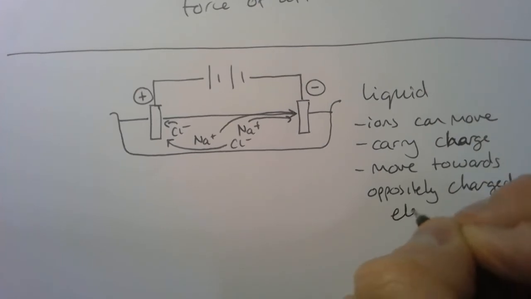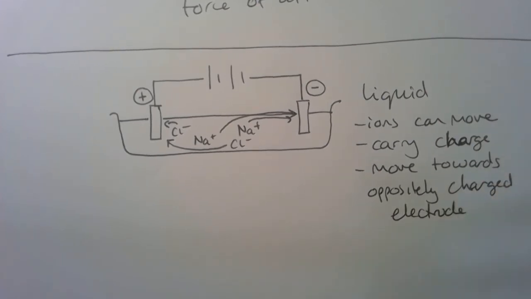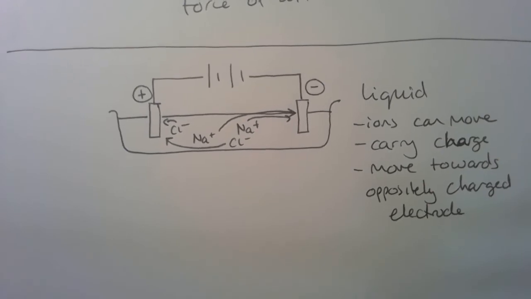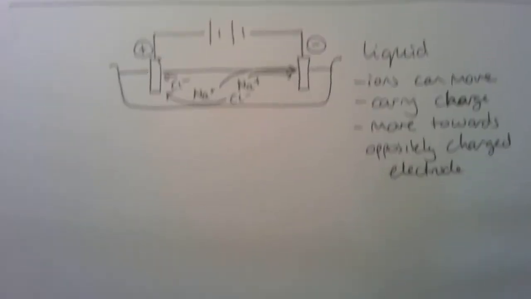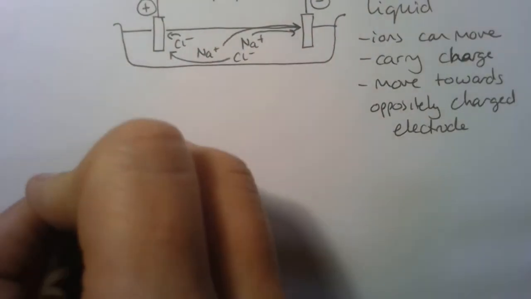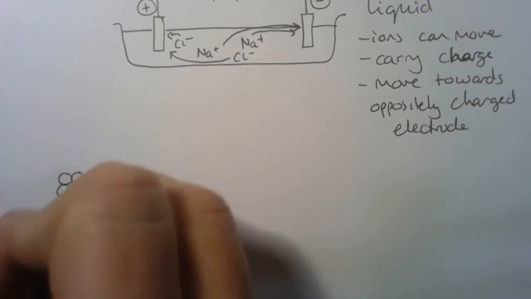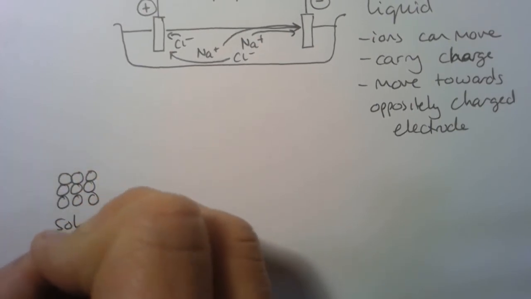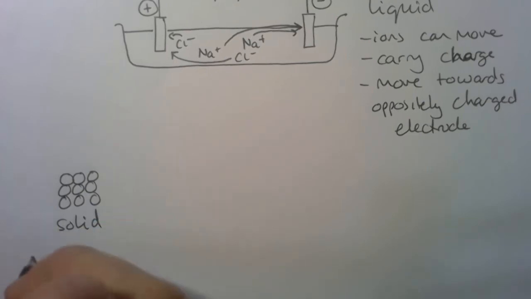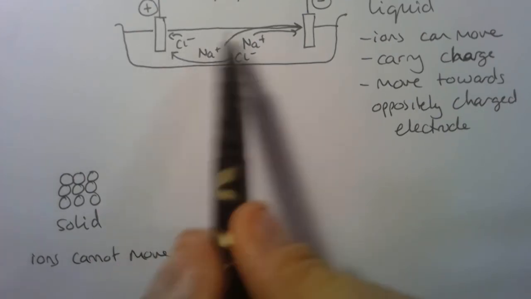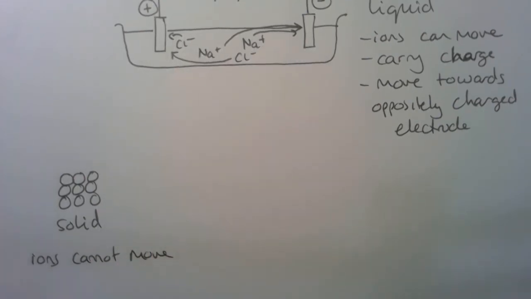Okay, so let's actually think about the circumstances under which an ionic compound will conduct electricity and when it won't. There's really only one circumstance where it won't conduct electricity, and that is when it is a solid. Because when it is a solid, the ions cannot move. They can vibrate, but they cannot move. So in this situation here, the ions cannot move to the oppositely charged electrode, so conduction will not